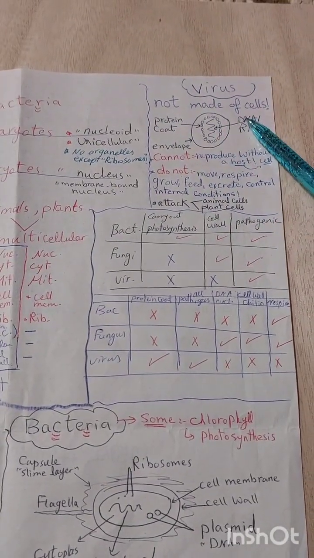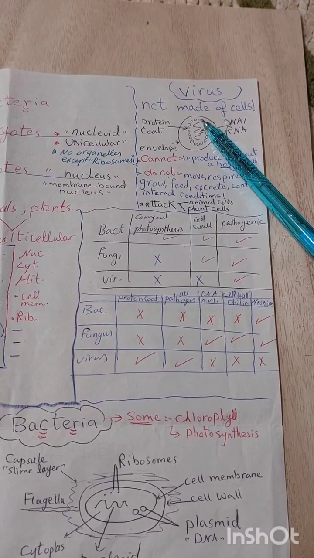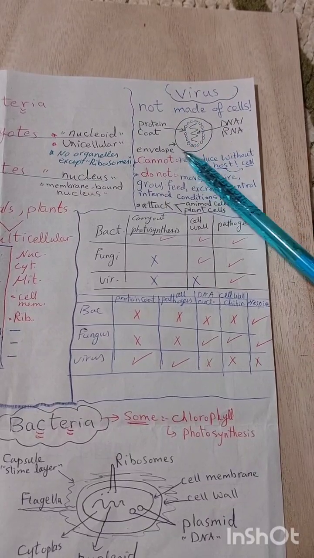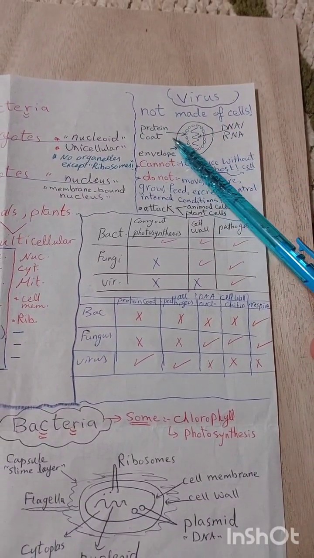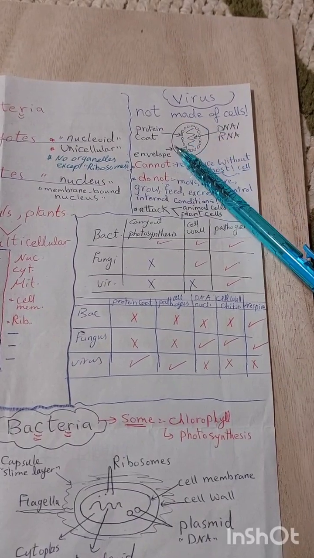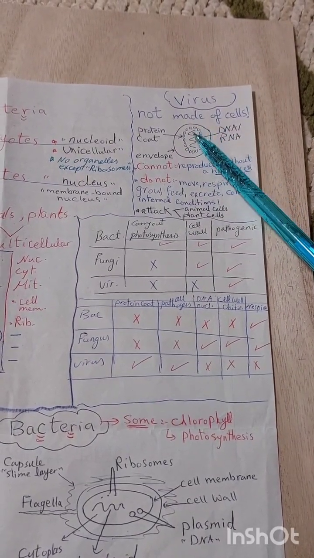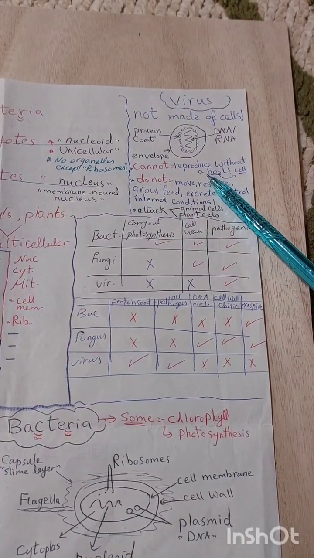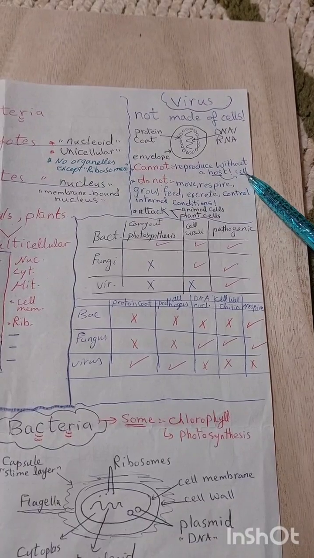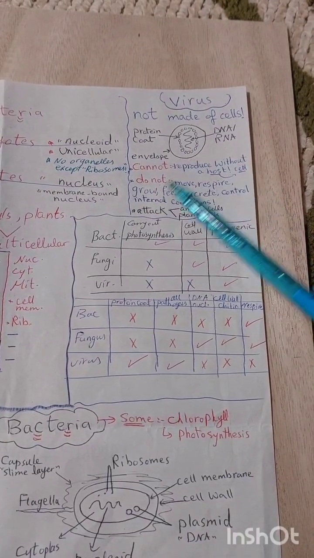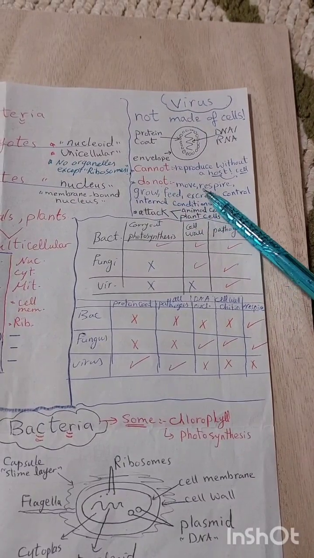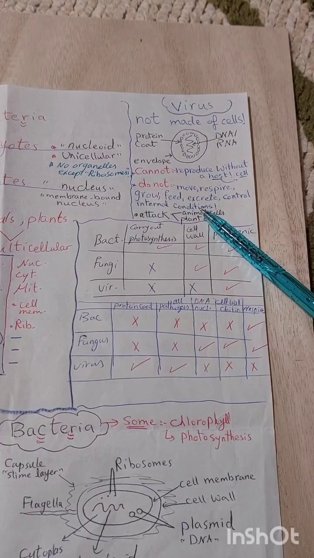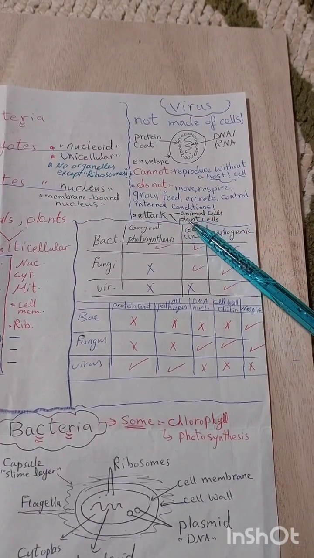Virus is not made of cells, so it contains DNA or RNA only, and a protein coat and envelope. So no cell wall, no cell membrane, no cytoplasm, no nucleus, because it's not made of cells, and it cannot reproduce without a host, and the host here is a living cell. Okay, and it also does not move, respire, grow, feed, excrete, or control internal conditions, and it attacks animal cells and plant